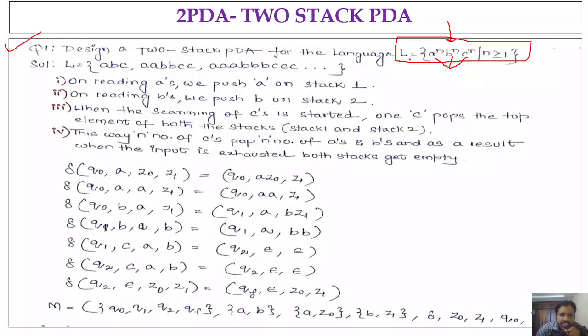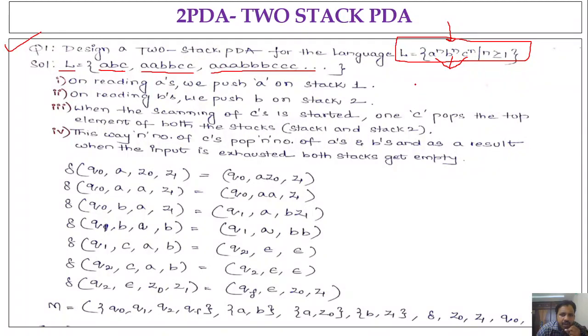First, for the given language, you need to write down the set of strings. Let me write the set of strings here by taking the n value initially as 1. If I take a power 1, b power 1, c power 1, you will get the string abc. If I take n value 2, that means a square, b square, c square, you will get double a, double b, double c. If I take n value 3, you will get a cube, b cube, and c cube. Likewise, the set of strings can be generated based upon the given language property, that means the mathematical representation.